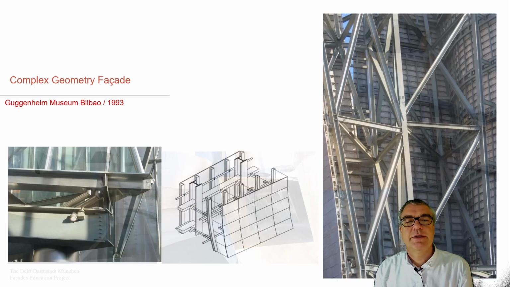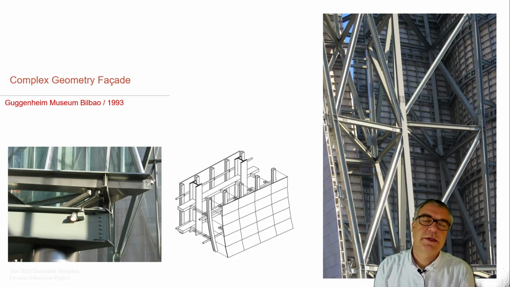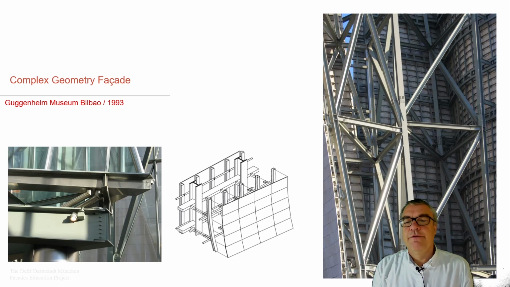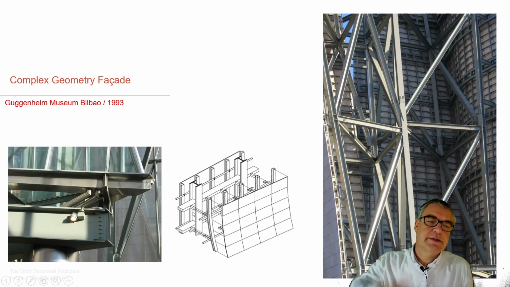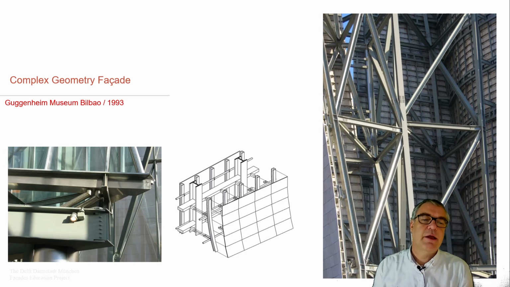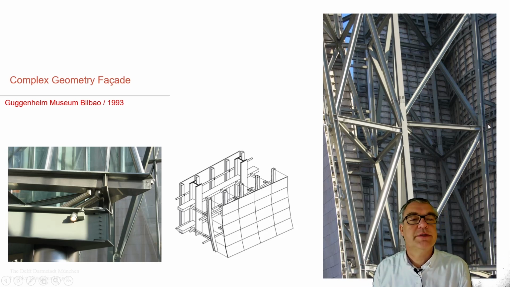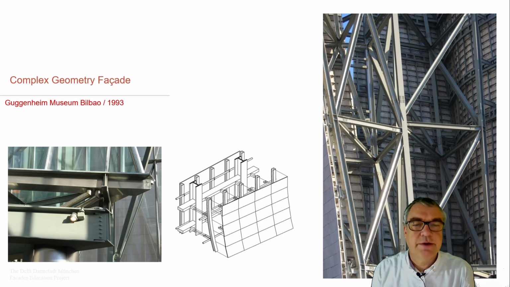Again, the question is how do we create the substructure, and this is the sketch of how the substructure is done. We see as an outer system the outer shingles. We see a subsystem for the shingles to fix to, one or two layers of the subsystem, and then the main structural system, which creates the structure itself and takes the loads from the subsystem and the shingles. So when you look at the big picture, this is the main structure, then the secondary structure brought in position to create the smooth surface, and then shingles as a covering system.